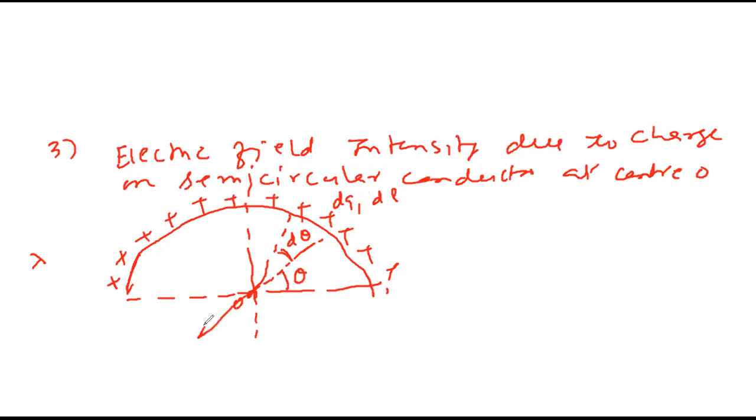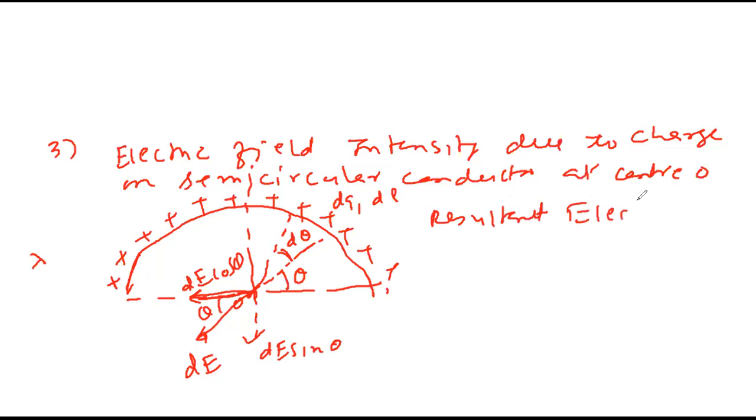Intensity at center O is directed outward due to charge dq. It has two components, dE cos theta and dE sin theta. All the horizontal components will cancel each other due to the mirror element. So resultant